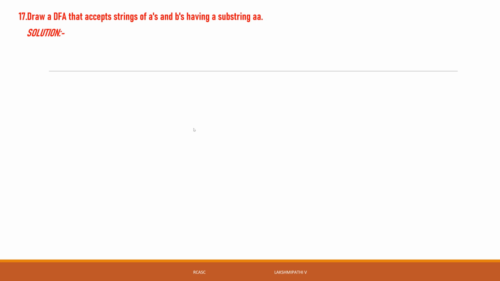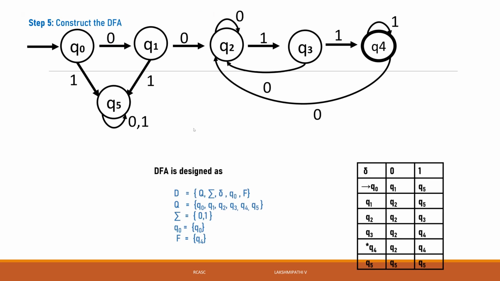We'll go to the next problem. That is the 17th problem. If you have any doubt in this, okay students, I will give 2 to 3 minutes time. Tell me the minimum string, what is the alphabet, then how we can design the skeleton, and what are the transition undefined states. Tell me those undefined states. Go to the 17th problem.